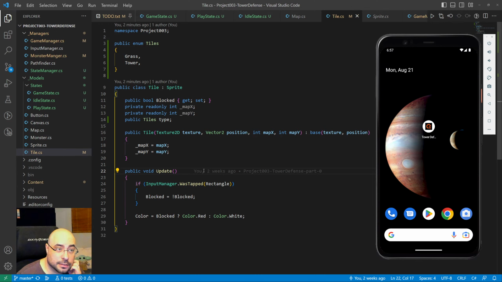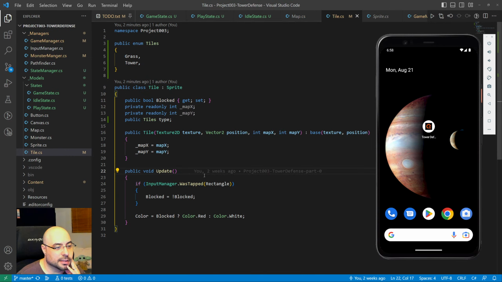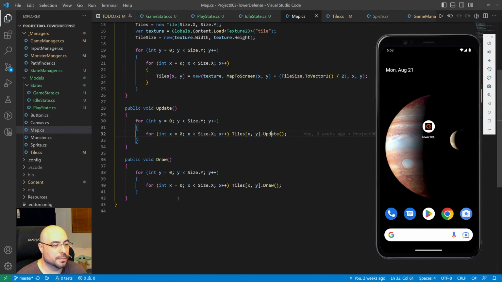And the map doesn't have the information. So you can either do an event like, hey, I was picked, this tile, and going back to the map with this information, handling it however we need,